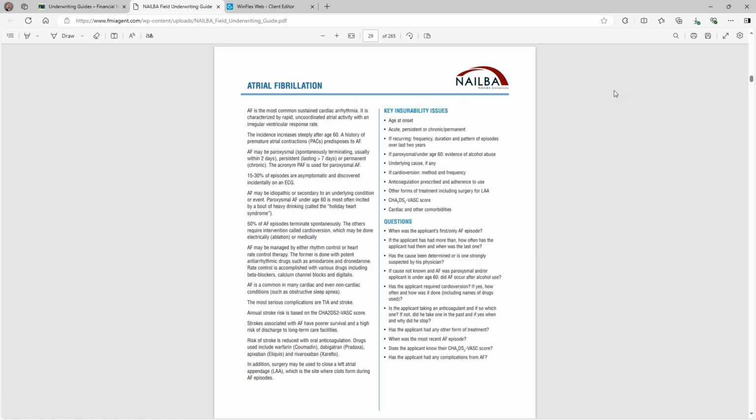There's a ton of health impairments in this guide that you can take a look and get some background on how we underwrite. For example, I pulled up here atrial fibrillation. So it talks about the key insurability issues that we need to know to accurately quote and select the correct risk class for that client. Going a little further in that,